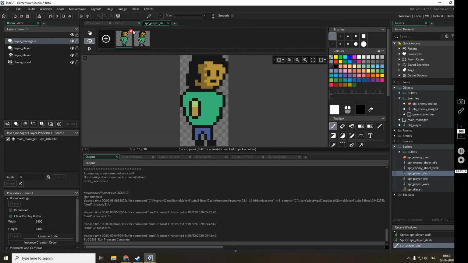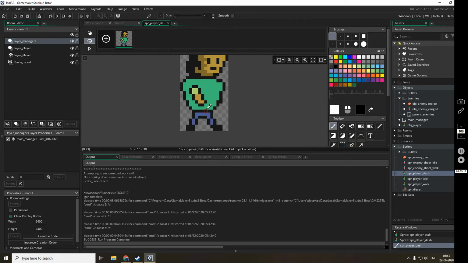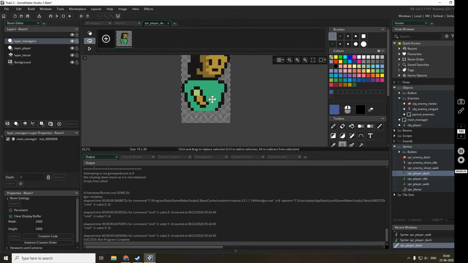So this one I'll remove, and here I'll just pick this color, and then I'll omit the legs. And here, this is basically the dash animation.